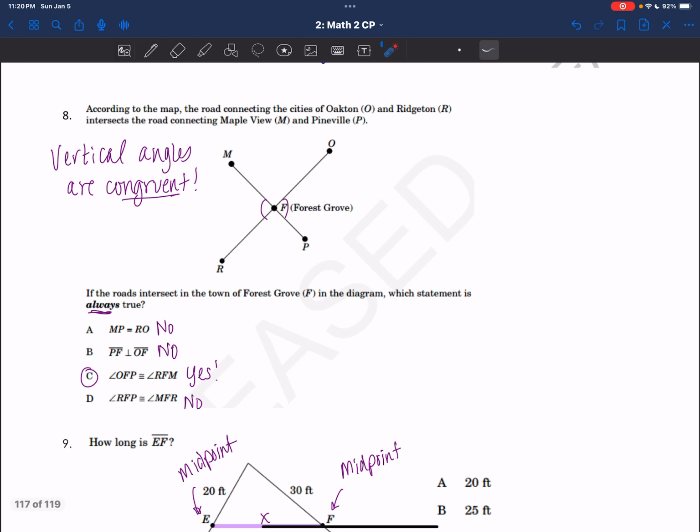So that's not always going to be true, because this could be 70 degrees, and that could be 70, but we don't know the measurements right now. And then here, OFP, and then